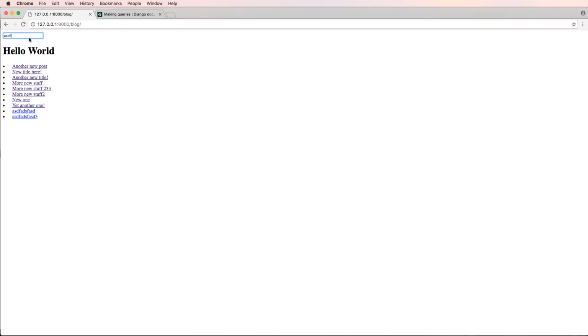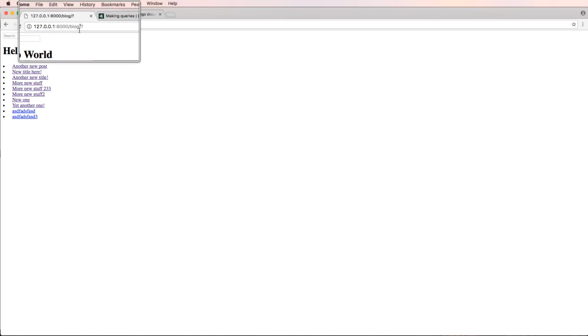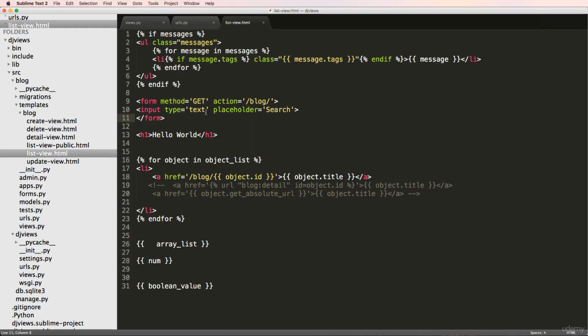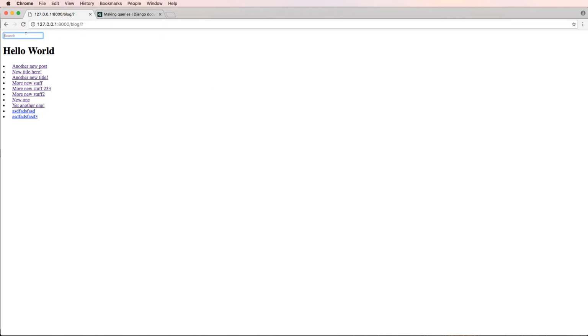Save it, refresh, do some stuff, hit enter, and notice it has a question mark there. Now the reason there's only just a question mark and there's no data is because we need to add a name here. So we need to name our actual inputs. Our forms already do that. So model form actually does do that. If I refresh in here and just say query and hit enter,